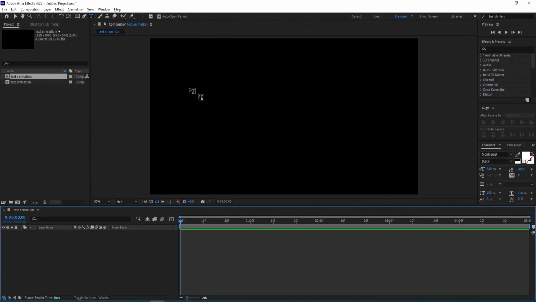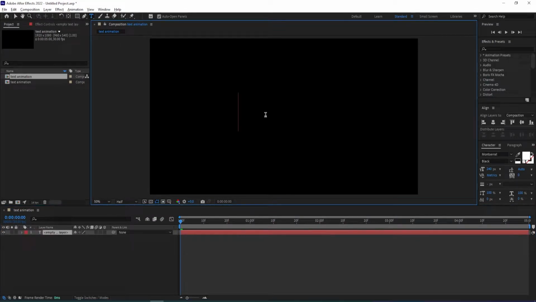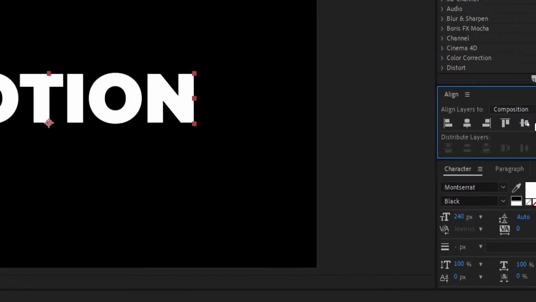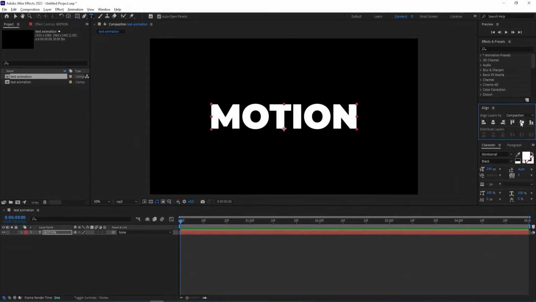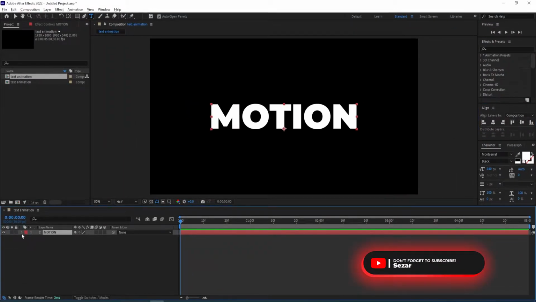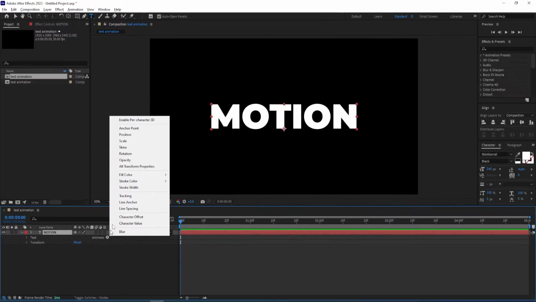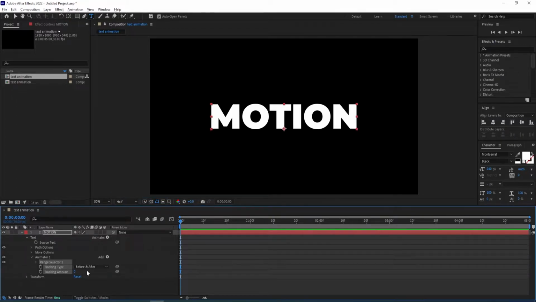over here, horizontal type tool, select it, and then type in your text, and then we align this into the center from the Align panel. Horizontally and vertically we align it into the center. And now I'll open the settings here and then go to Animate, and now I select Tracking, and now I